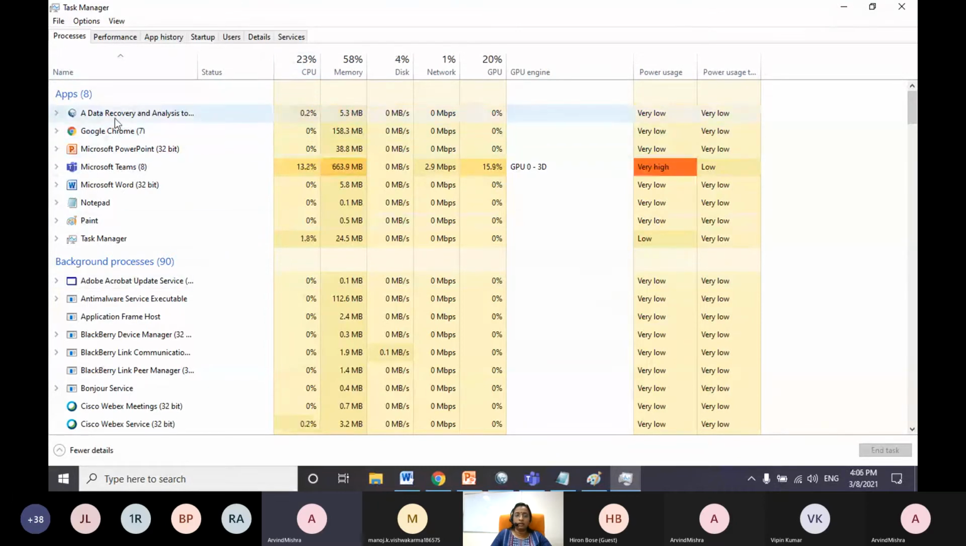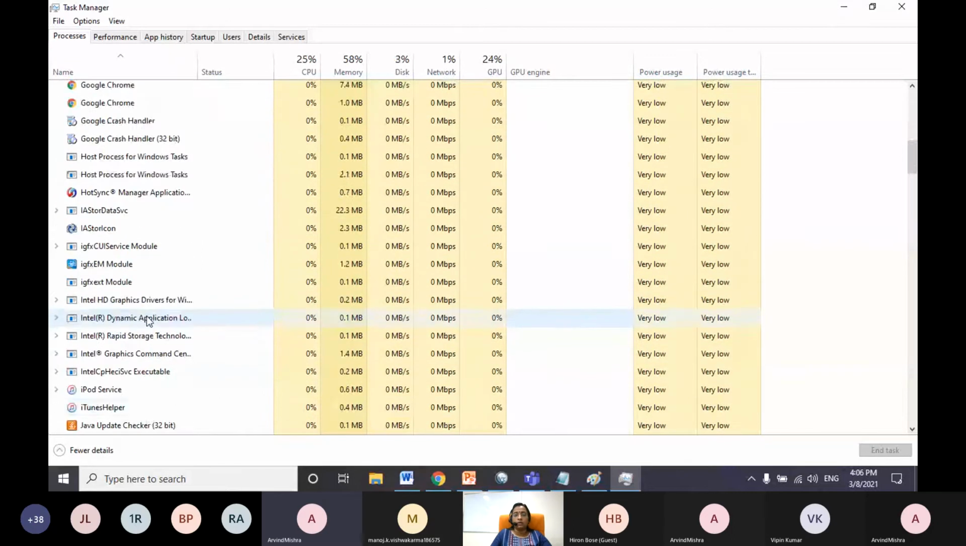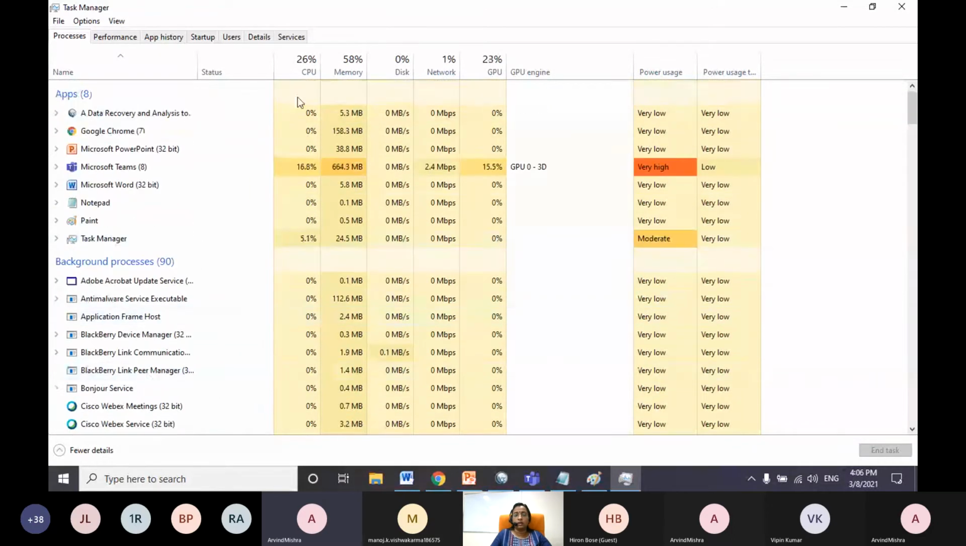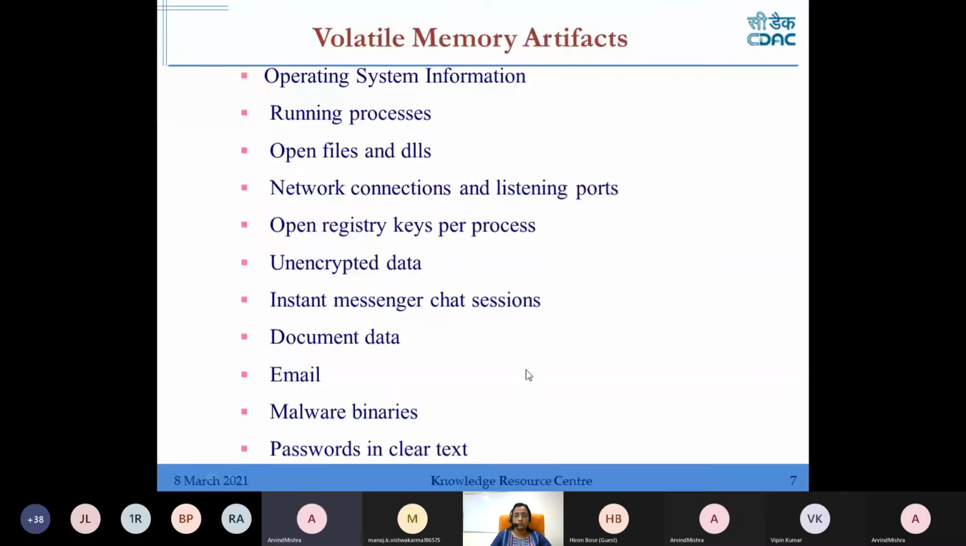Here you will get the system user apps as well as the system apps. From here you can get the CPU utilization, memory utilization, then GPU, network, so many artifacts we can see over here. That is one such important thing we can get from the memory. Then another thing is called open files and DLLs. I already told you, open files means the files which are opened and have not been saved inside the computer. And DLL means